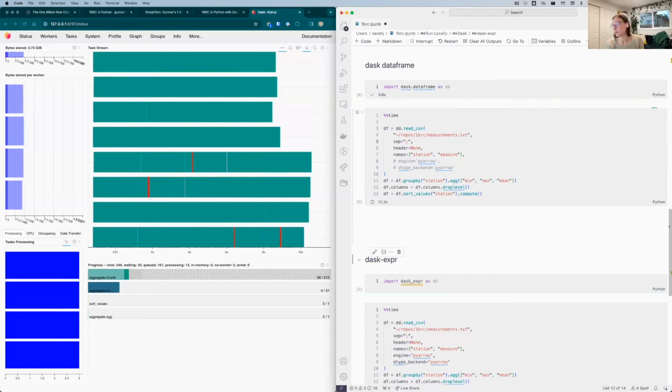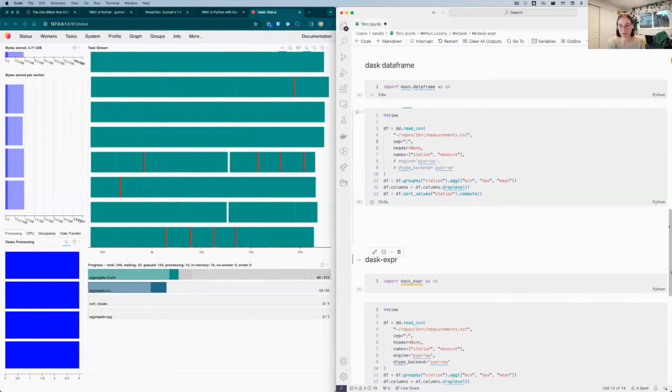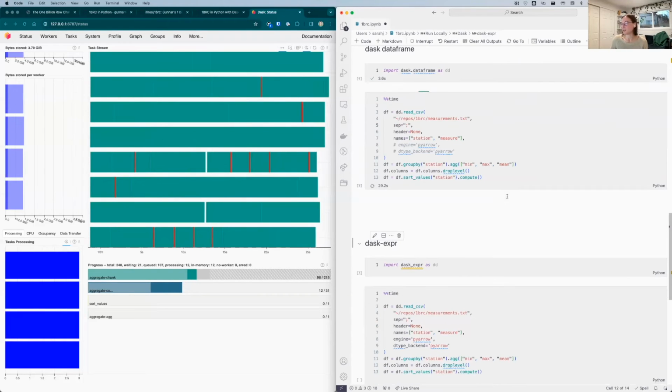But going back to what Matt has already mentioned, then I switched to using Dask expressions, which is the library that soon will be, soon this will all look like Dask DataFrame. There won't be a separate import here. But this was the first thing I tried, and it's a little slow. This is just on my laptop, so I'm on an M1 Mac. I've got 4 workers here,